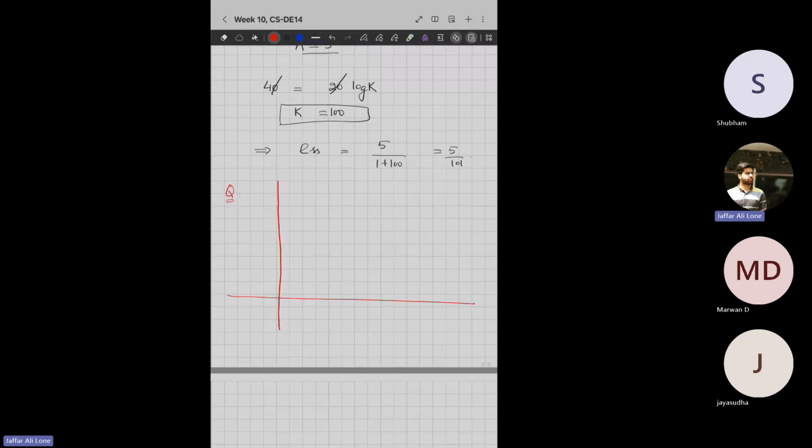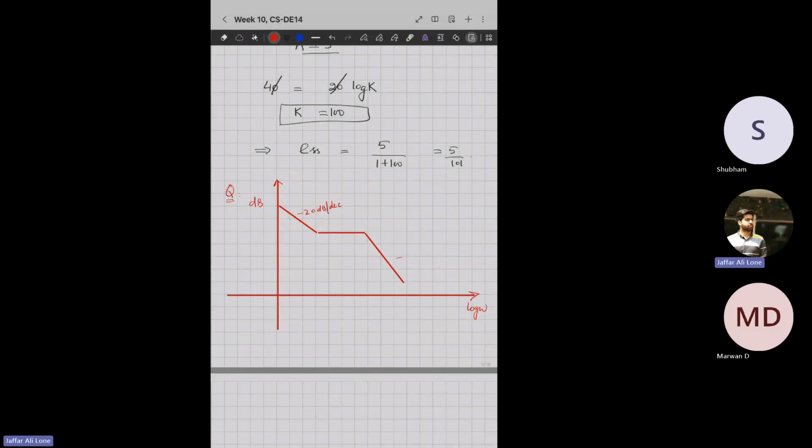I'm not marking the X's because we have already solved a lot of questions. Perfect. So this is my Bode plot. Again, this is in decibels. This is in log of omega. This is minus 20 dB per decade. This is also minus 20 dB per decade. And what you have to find